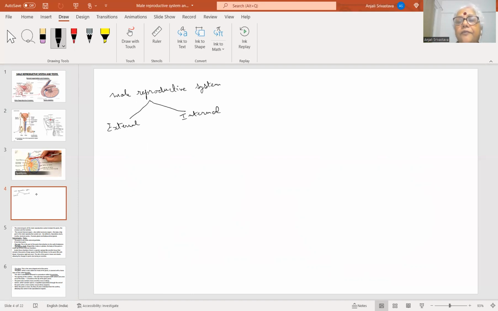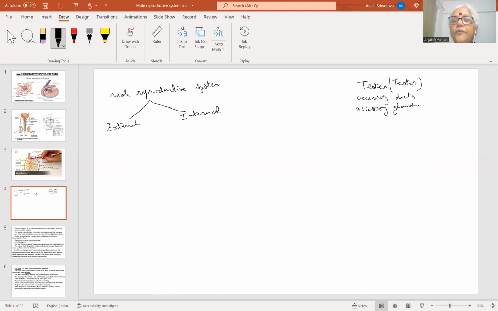As a whole, the male reproductive system includes a pair of testes. Testes is plural, and singular is testis. This is the paired structure that continues into these testes along with certain accessory ducts and accessory glands,